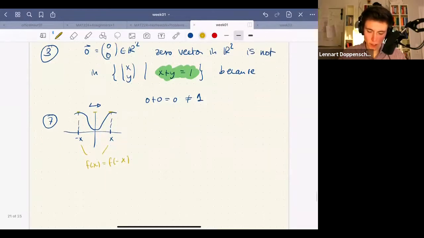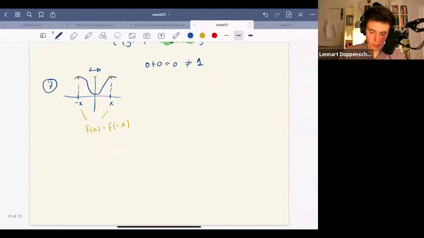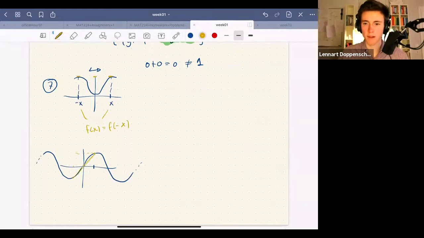And of course, odd would be the opposite in this case. I mean, the sine function is very famous. This is not the sine function. In this case, if we take an x value and we take minus x, then it would be minus the value. And now, by theorem,